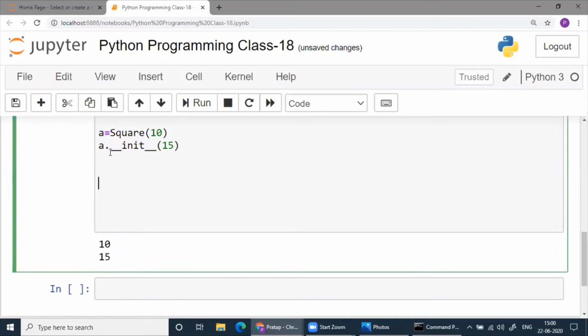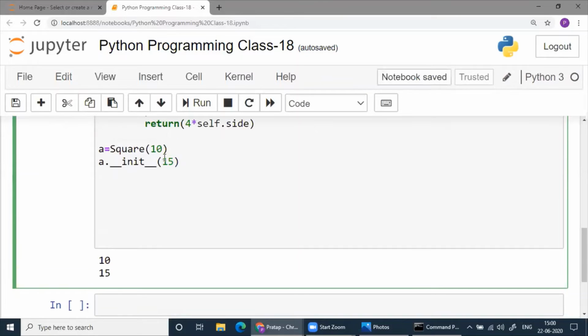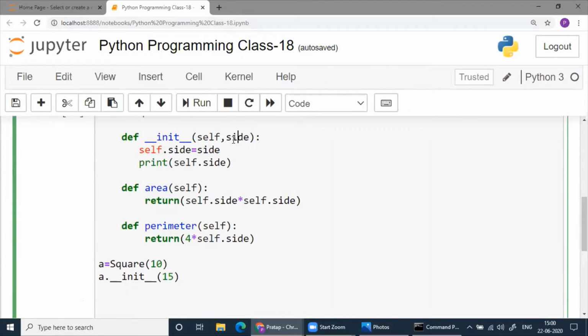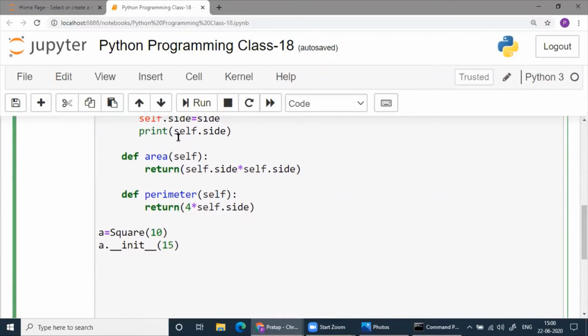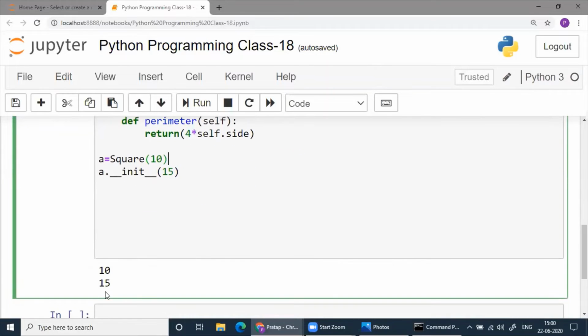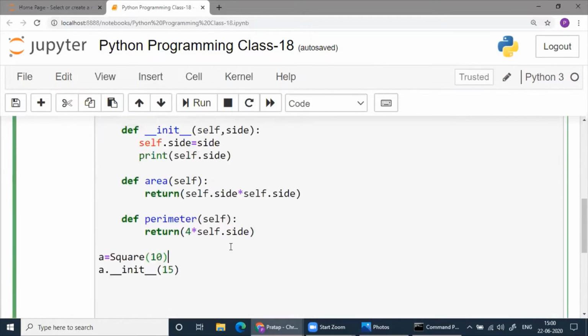Then you are calling this function, like every function call, and you are sending this side. That's where you send 15 once again. So again you need to print the latest value, and you get 15. That way you got 15.